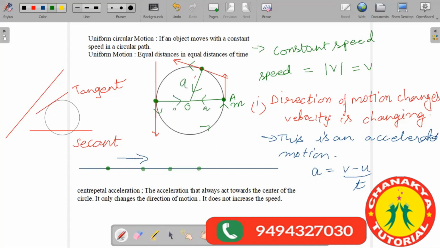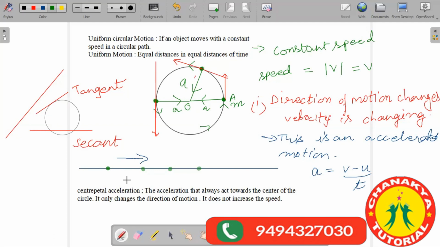center. Sir, would the force required to pull it to the center be the centripetal force? Yeah, the force that is required to keep this object moving in a circle will be the centripetal force. Got it? Yes, yes, sir. So here the centripetal force is required, and whenever an object moves in a circle, it requires